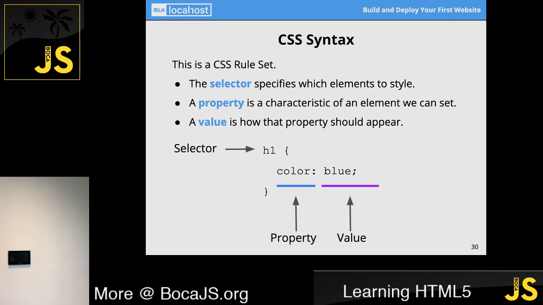Now, what's not obvious is that when they mean color in this situation, they mean the color of the text. Because we do have background color or border color. When it's just color, it just means text. And you guys can all guess what the word blue means. It means the same color we all figure out, the color blue, right? They used blue. So you guys can guess that if you type in that,